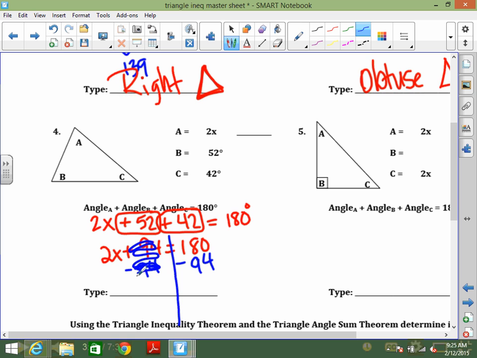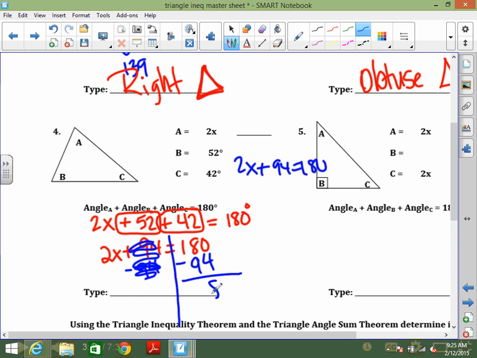These are things you have to know how to do. At this point, if you can't solve an equation, Milestones is not going to go well for you. That's the bare minimum. If you are clueless on how to solve 2x plus 94 equals 180, you should be concerned. Big time. You should be able to solve that with no questions and no help at this point in the year. Okay, so 180 minus 94,